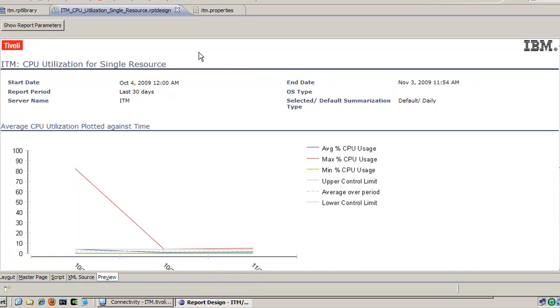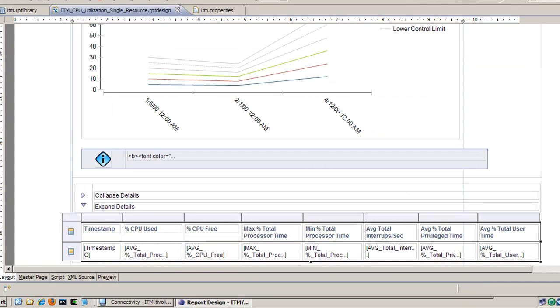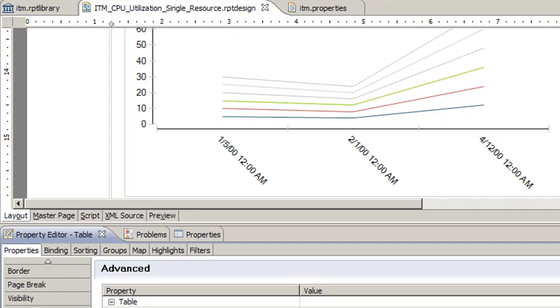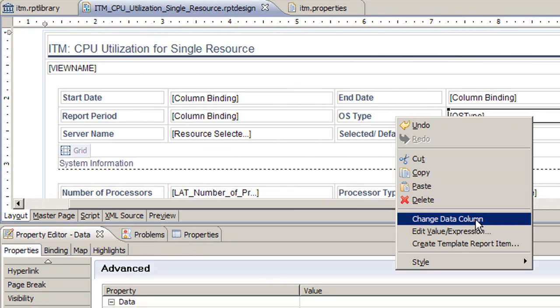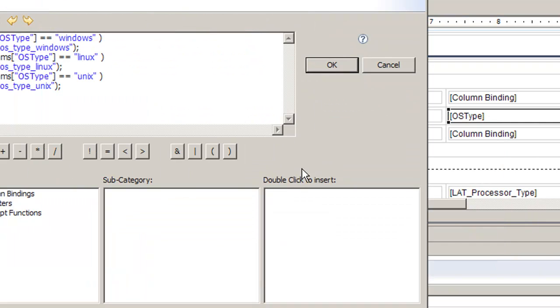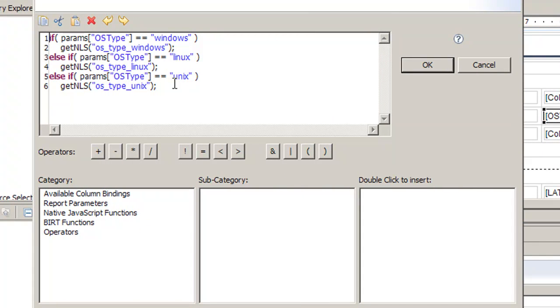So how do we change that? Well, we kind of touched on it earlier. If we go back to our layout, and we minimize this, and we go back to the top here where it says OS type, and we edit the value, we see here we don't have a case for our remote Windows OS. So we'll just copy the last case,